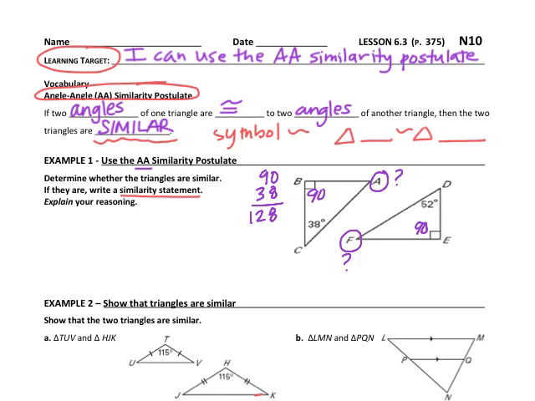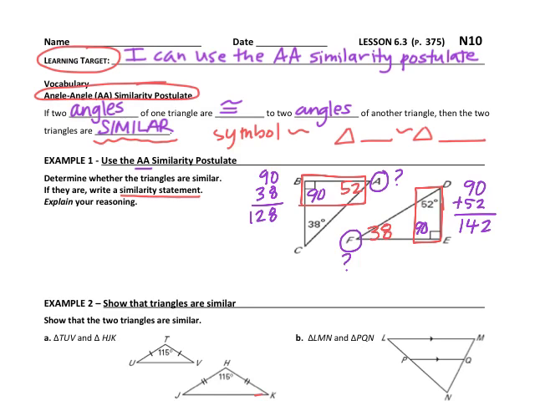And if I subtract that from 180, I get 52. And therefore, there are two angles that are the same. These two and these two. I guess I could check and see what the measure of angle F is, but it should be 38 because if I add 52, so either way I chose to do this, it would be coming up with the same answer. So now we can see that the two triangles have the same measures,